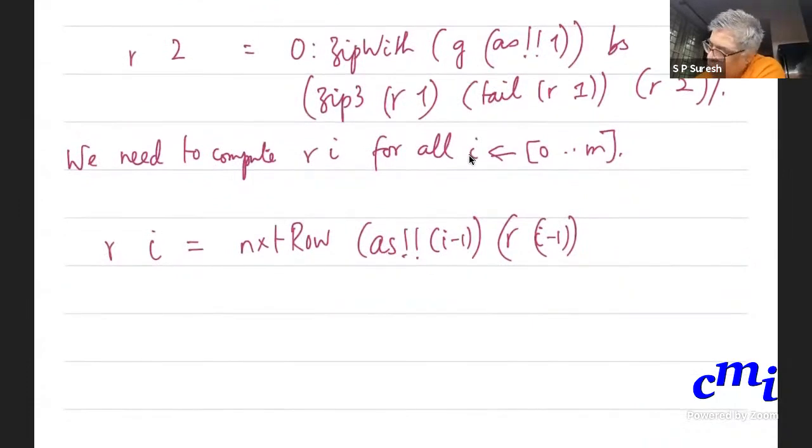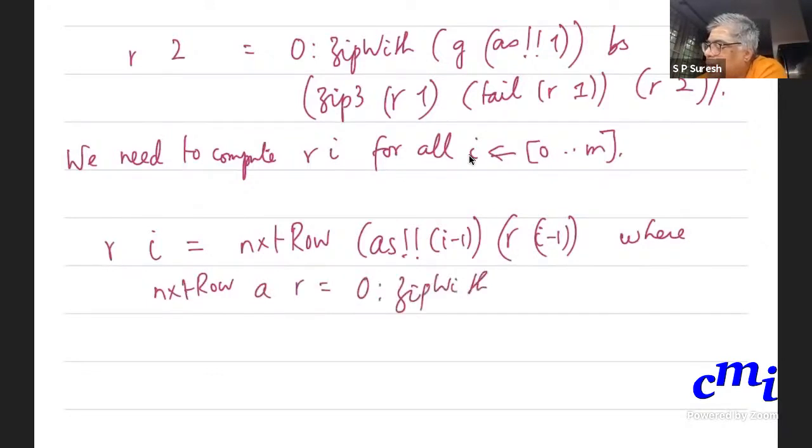So you can therefore define your next row function as this. Ri is next row function applied on As at i minus 1 and Ri minus 1, where next row is just extracting the common pattern in all this. What is this? That is 0 followed by zip width of A, zip width of GA applied on Bs and zip 3 of R Taylor.